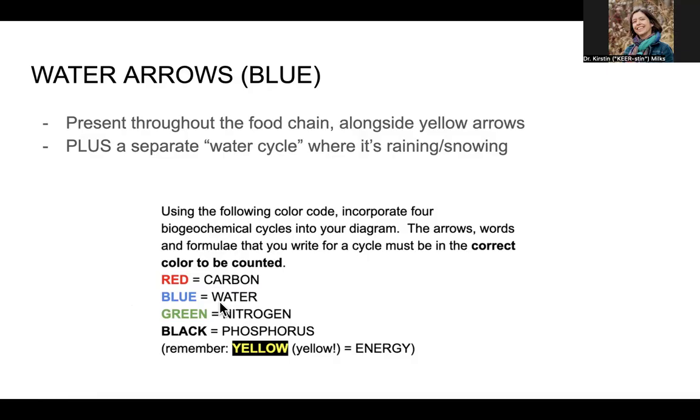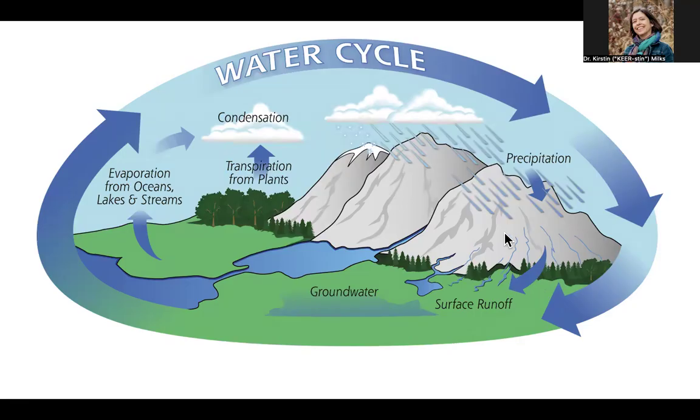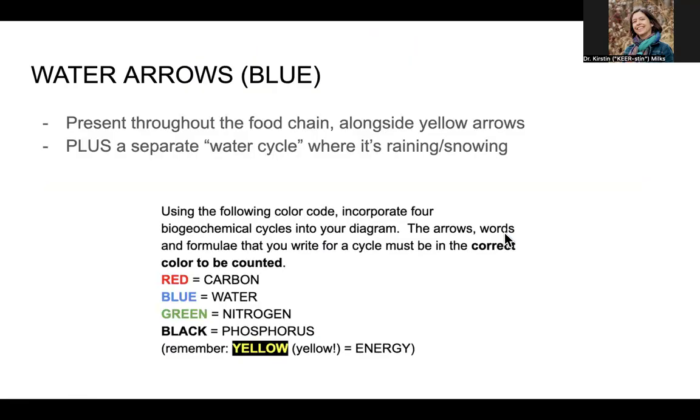And so even when you eat something other than jerky, if you're eating a food that has not been processed, it probably has some water in it. It does have some water in it, and you are using that water. So you need a little water cycle. You need to show me some precipitation in this assignment. And also, there needs to be a blue arrow every single place there is a food chain arrow, right? You're also breathing out water, but you don't need to put that out. That seems like a lot. You're good. That is what fogs up a mirror when you blow on it. So anyway, you need to do the same thing for the other colors of arrow